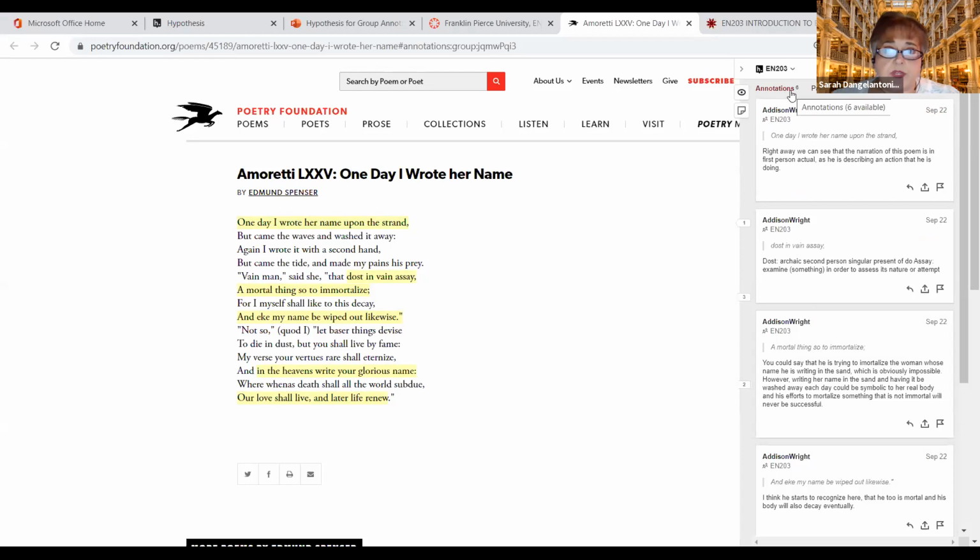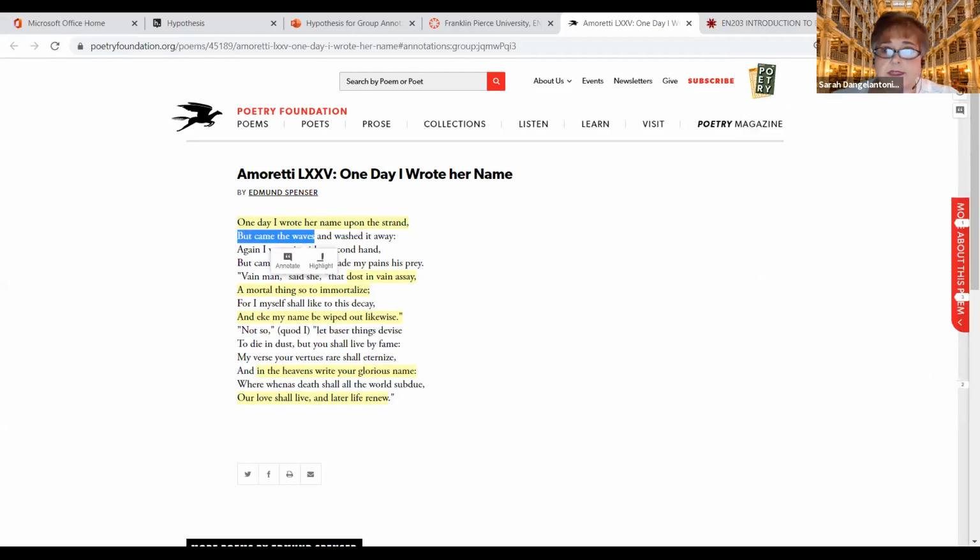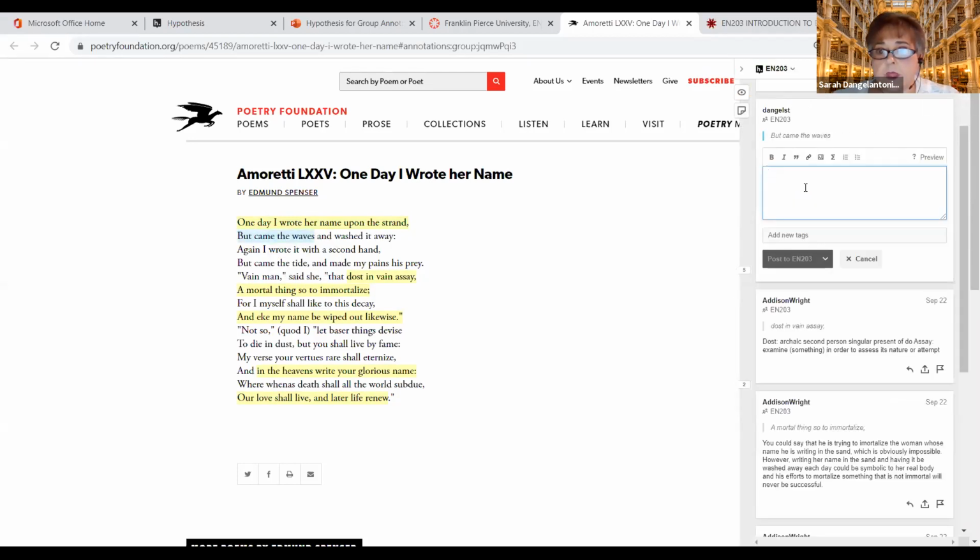And you can put in two different kinds of annotations, sort of straight annotations where you would go over, highlight text. And then you get a box where you can add your comment. You'll notice up here you could do some things with formatting. Some really nice features are you can add links to outside items if you wish. You can add a picture. And you can put tags on it if you want to do that. When you're finished writing what you want to write, you just hit post.